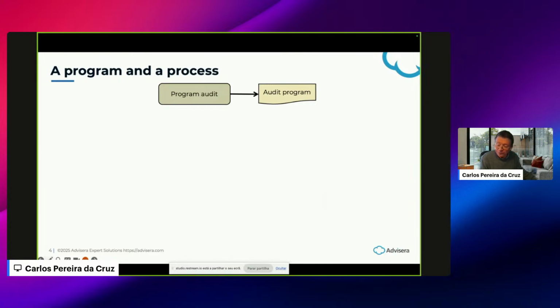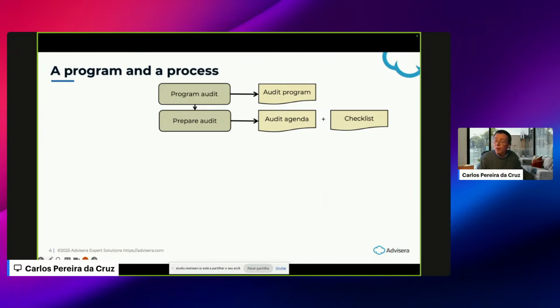You need to prepare the audit or plan the audit. Are you going to audit alone or with a team? Who will audit what? You, as an auditor, need to study the documentation, prepare a checklist, and prepare and send an audit agenda, or audit plan, to inform and get the auditee's agreement. You want to be sure that they are available for you. Now, you perform the audit, collecting evidence through observation, interviews, your senses, and records that help you fill the checklist. So you check records.